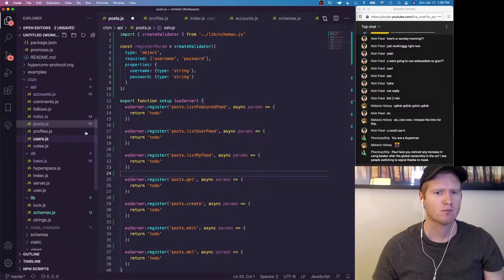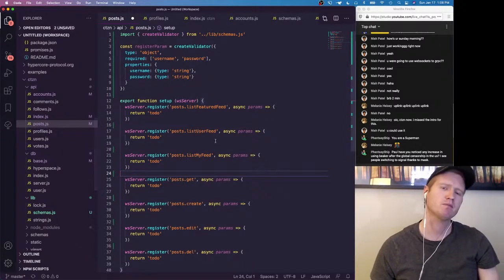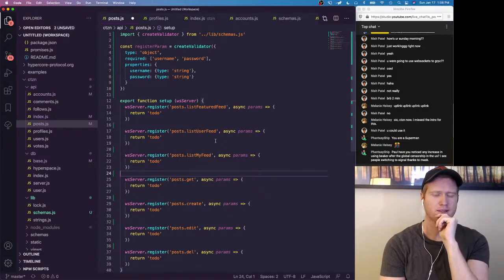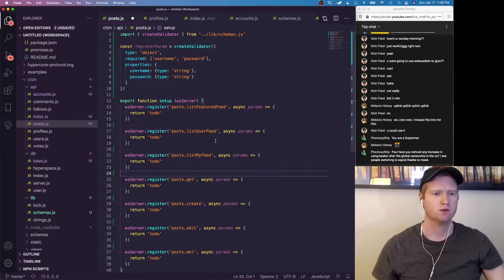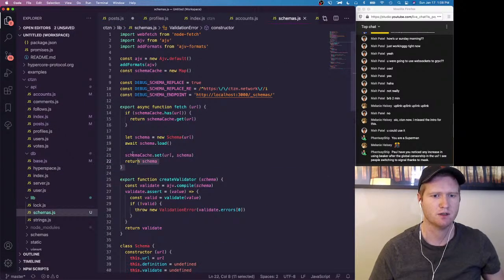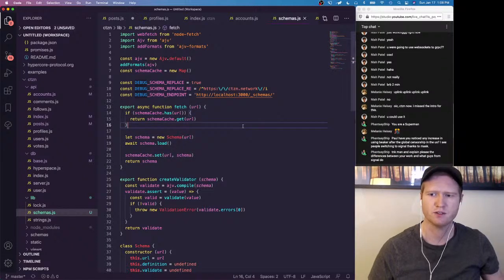Okay. Now, I'm actually not going to use the JSON database schemas, because that includes this whole process of the await fetch and stuff, which